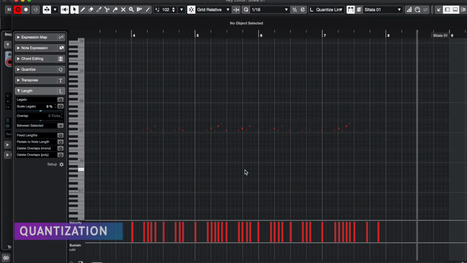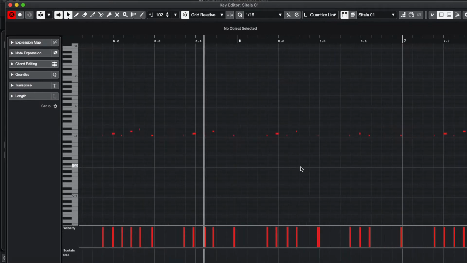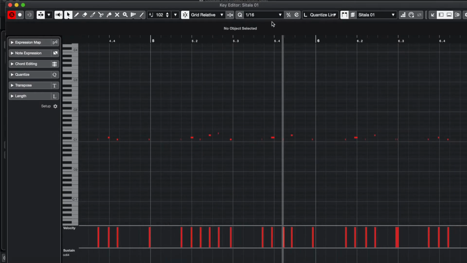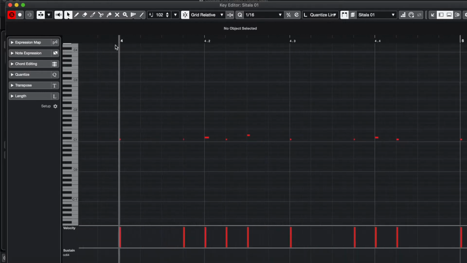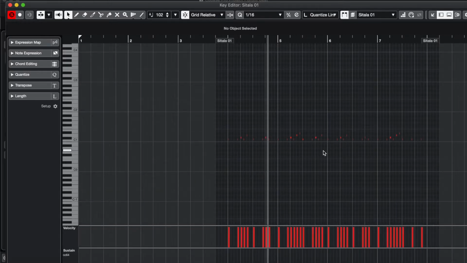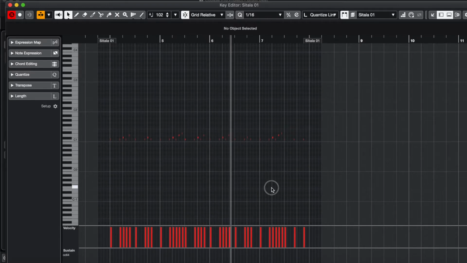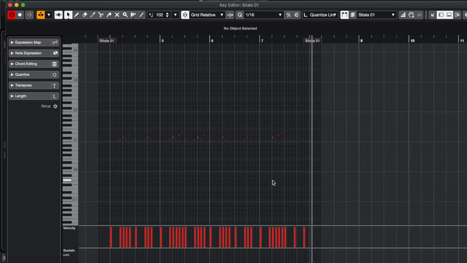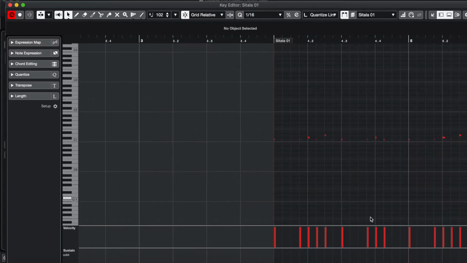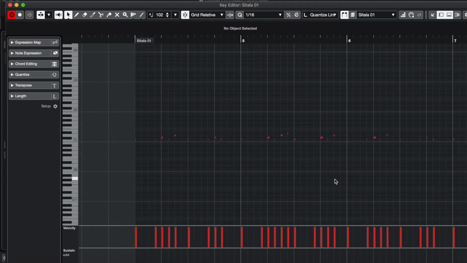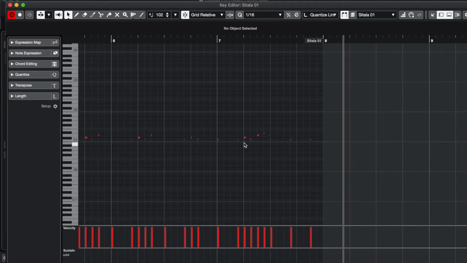I will have to edit this a little bit. Depending on the track I'm doing, I'm not always as strict with quantization. So here we have a 4-bar pattern. I'm using the 16th note quantization unit here. Yep, sounds all right. And we're going into velocity editing now